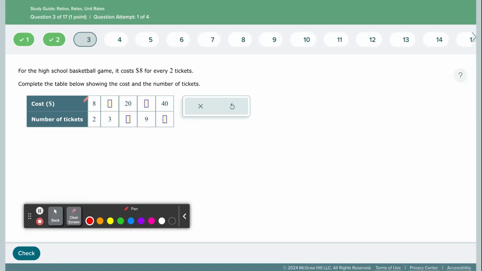So if it's $8 for 2, I know that means it's going to be $4 for 1 ticket, right? That's my unit rate. Okay. I figure that out even though it doesn't ask me to because it's going to help me figure out everything else super easy now. So if you watch,